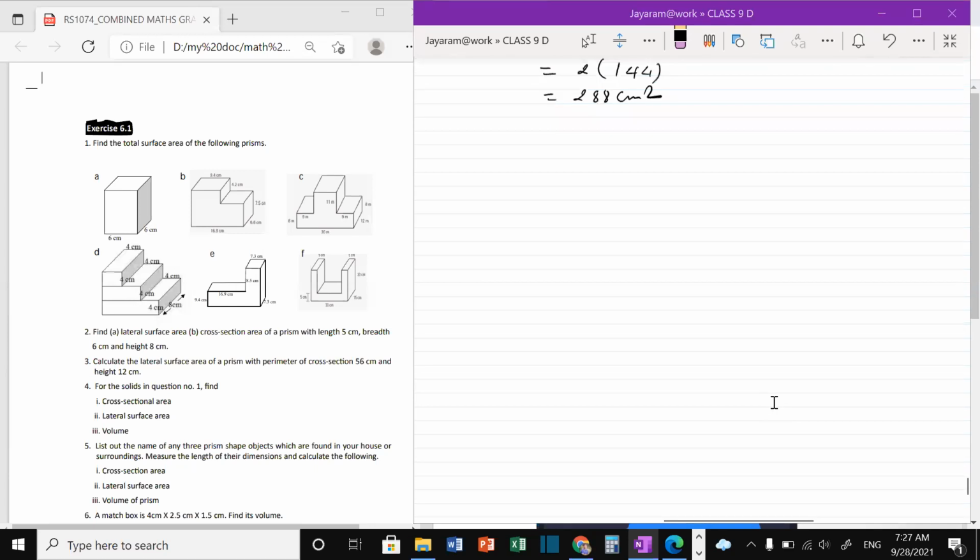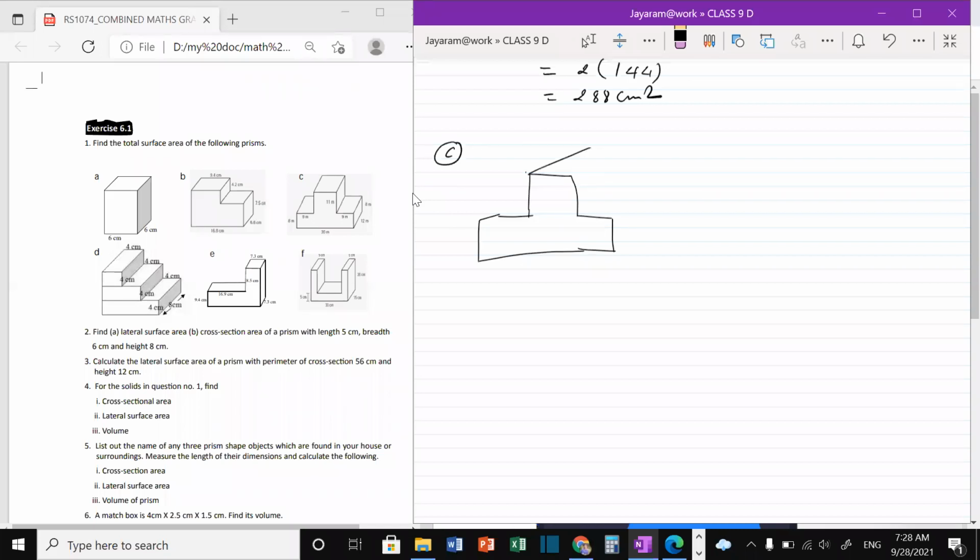a question number C. As we discussed question number B just earlier, we're going to do question number C here. For question number C, as in question number 2, the total surface area, cross section area, and volume are asked. We find all 3 things for C. As I have already told you, you have to draw this figure. How to draw this figure? I'm just teaching. First of all, you draw the cross section, that is a plus. Sorry, what shape do we call it? Just a half plus is the cross section.